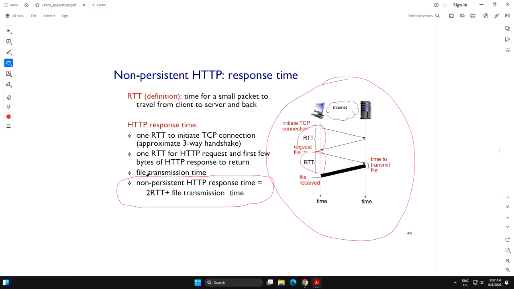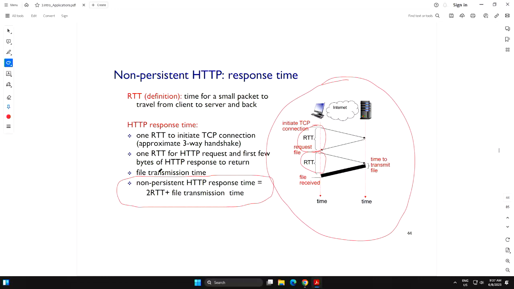You can just use the formula to quickly get the answer, but then you have to be very careful: am I using the right formula for this question? But if you understand how I derive this formula, then no matter what the question is, you can derive your page loading time for that particular case study. So let's see how we get this.